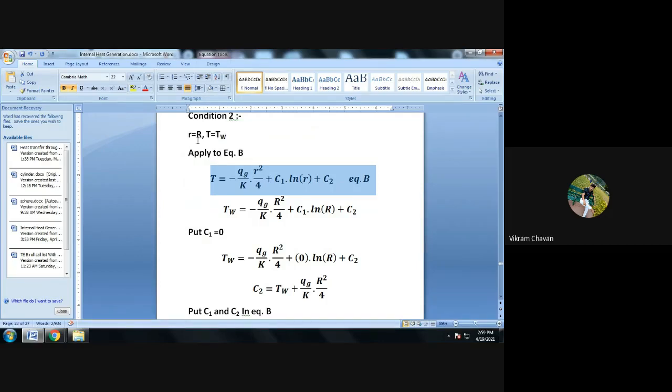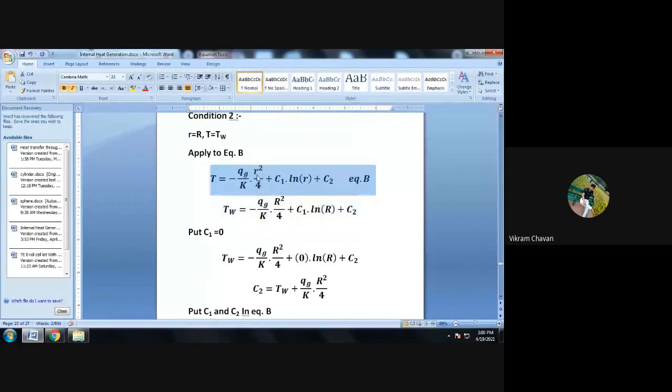Boundary condition number 2. When r is equal to capital R, T is equal to Tw. Replace small r with capital R in the equation and T with T suffix W. So we have replaced T by Tw, which is equal to minus Qg divided by K multiplied by